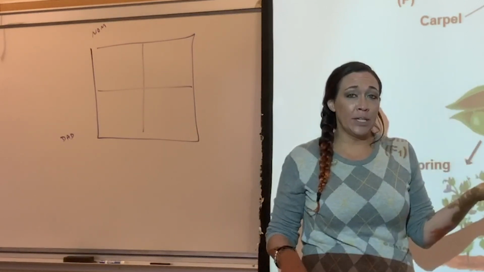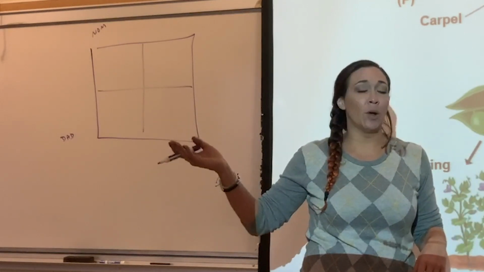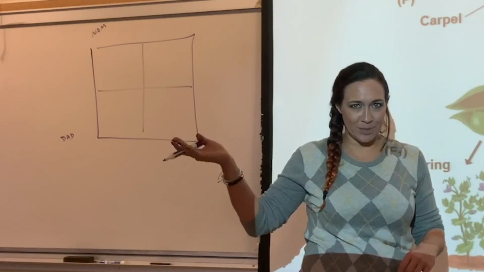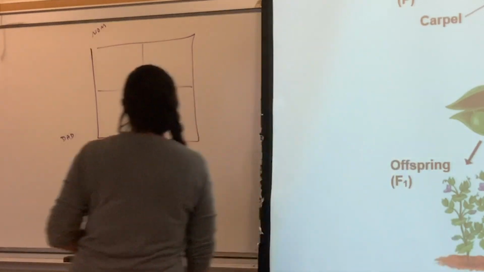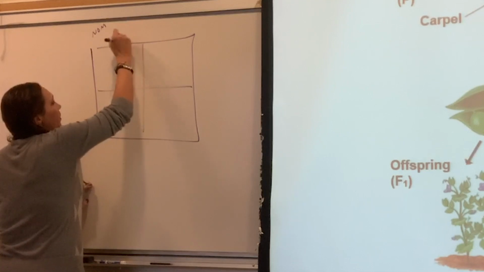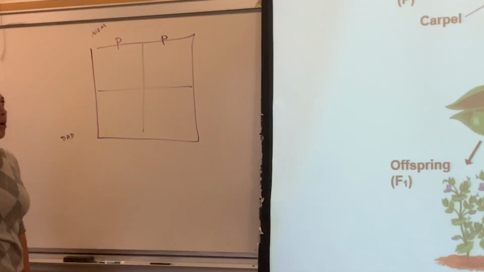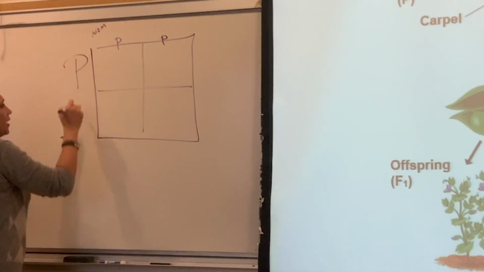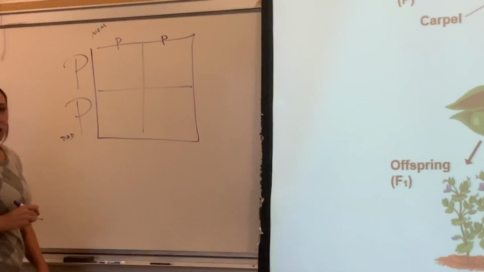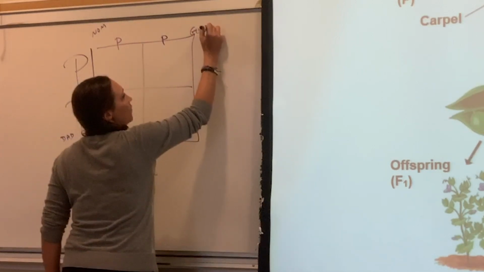So it's the same alleles. For purple it would be capital P, capital P. For white it would be lowercase p, lowercase p. Okay, so that's what we're going to write here. So we're going to pretend that mom is going to be the white flower. So she's going to be a little p here and a little p here. Dad is homozygous dominant for purple, so we're going to go capital P here, capital P here. Okay, so this is mom, this is dad, and this is what's called genotype.